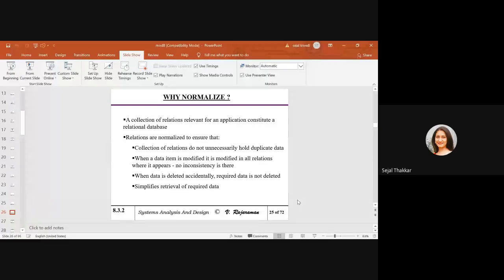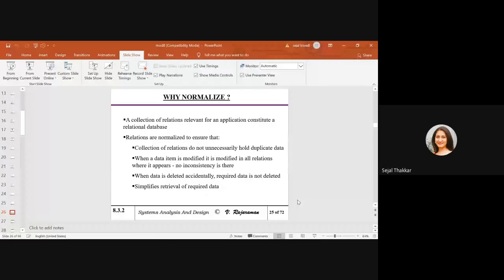We have to remove the unnecessary duplication of data, because it will create a problem when we want to modify something. There is no consistency, or we can say inconsistency will be there. If I want to delete the data, at one place it is going to be deleted, and at other places it will be as it is, because there are duplicate data. So there is a problem in data deletion. So we have to apply normalization on our table.